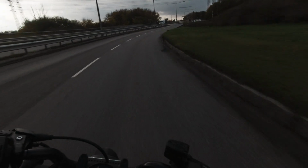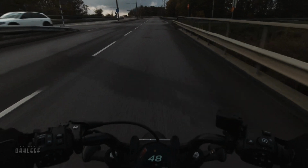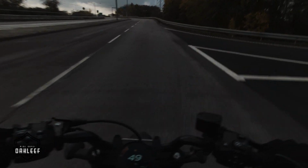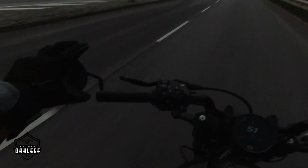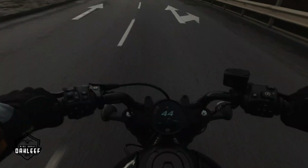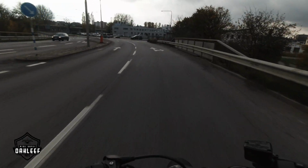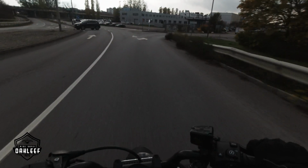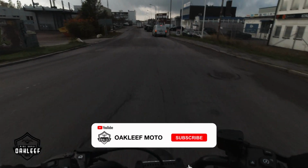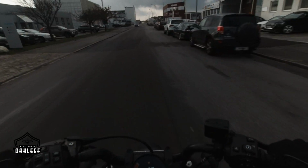Okay, I can feel right away this is totally different than my Fat Boy, and in a good way. I have to adjust the mirror so I can see something behind me. He said, no rush, take your time, get a feel of the bike, and you better believe I will. And he said, be sure to play with the modes, and be sure I will. So yeah,